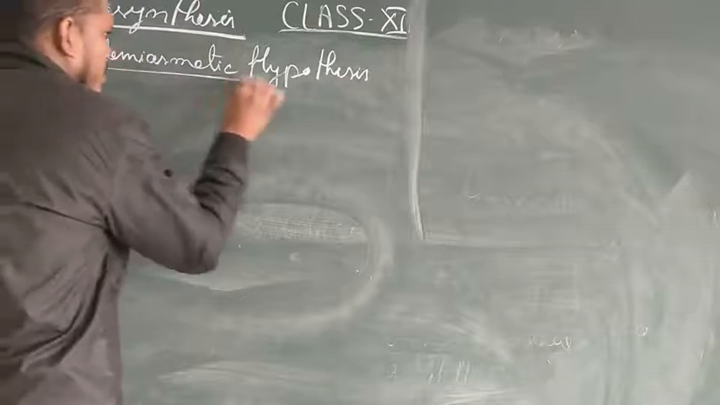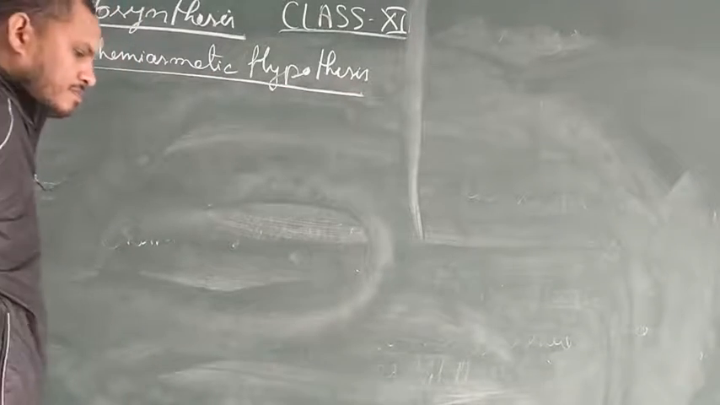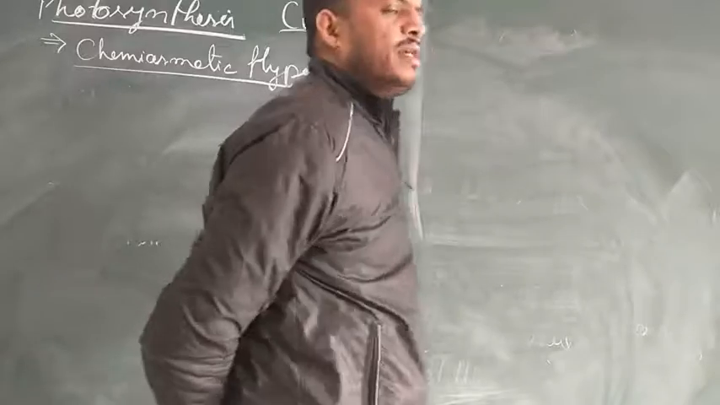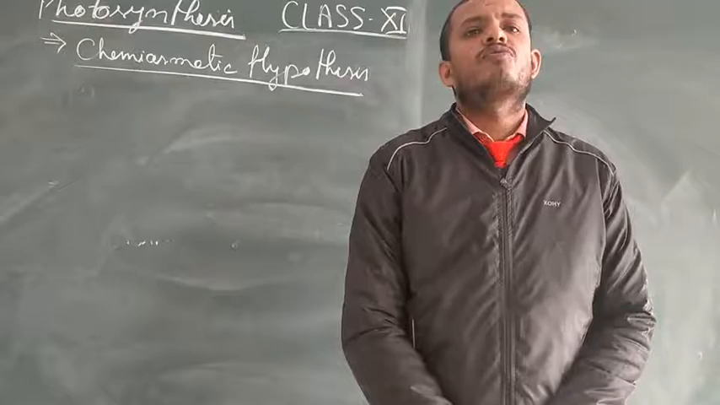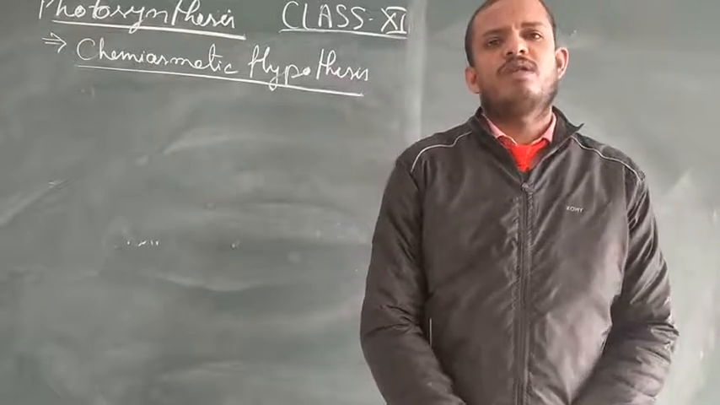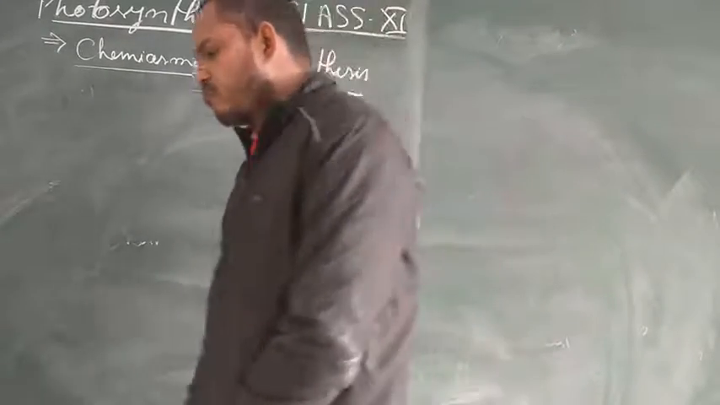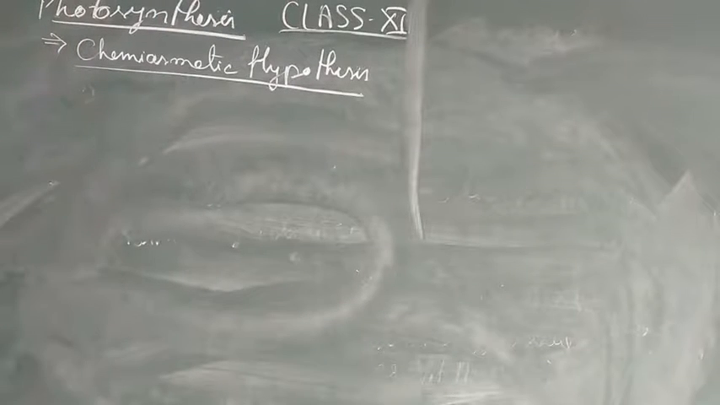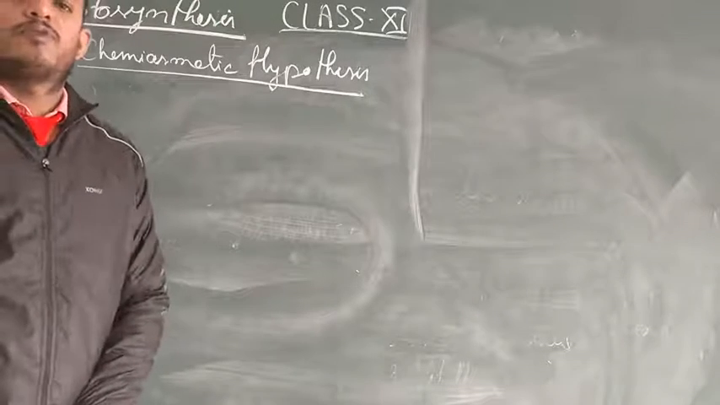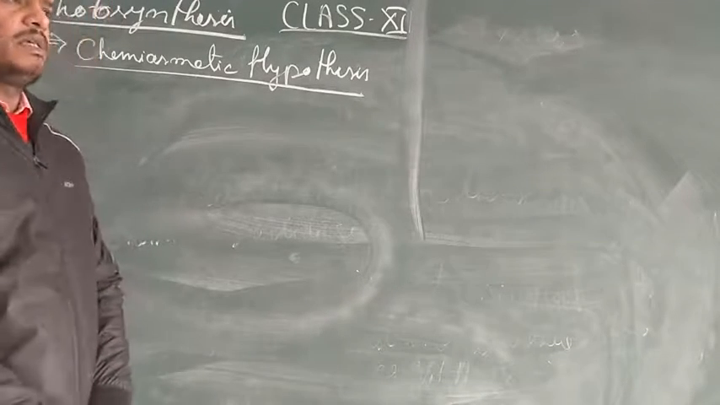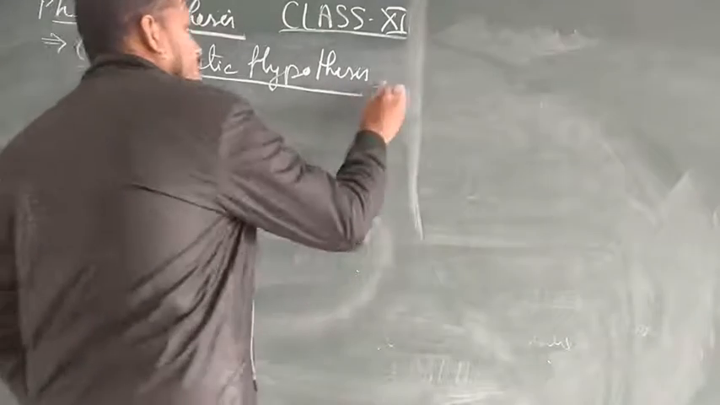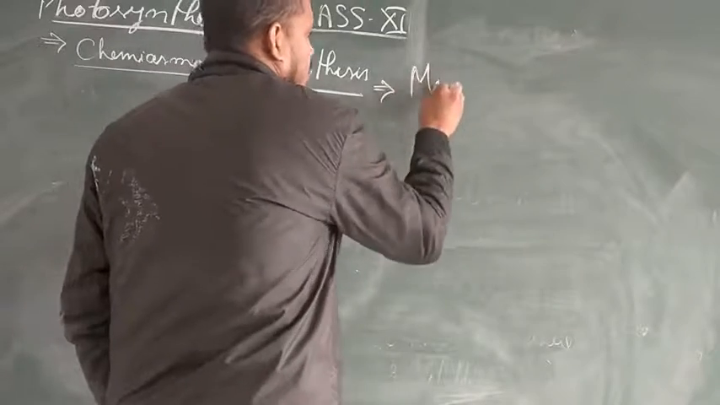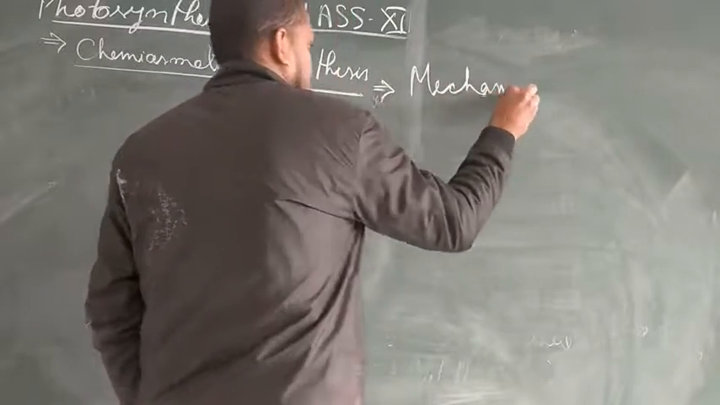So we need to know what this is. As we have studied already, in photosynthesis we have discussed cyclic and non-cyclic photophosphorylation. What is photophosphorylation? I told you in the last class that photophosphorylation is the use of light energy for the production of energy. Now in the chemiosmotic hypothesis, we are going to study the mechanism